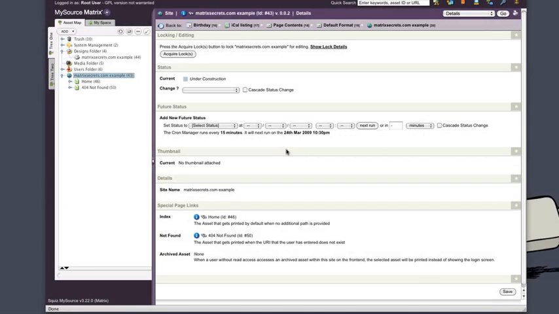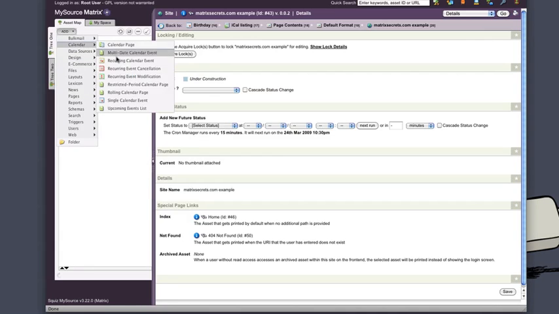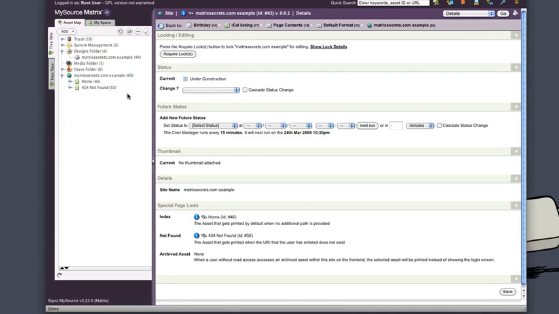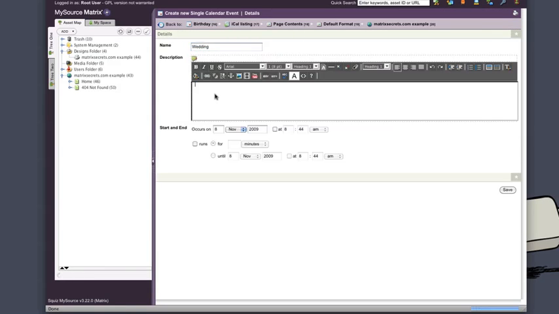So to create an asset listing which we will then subscribe to using a calendar, in other words outputting to an iCAL format, what we first need to do is create some dummy events. So I'm just going to create some single calendar events here. And let's do a wedding. Someone's wedding. Let's make it on the 10th of November at